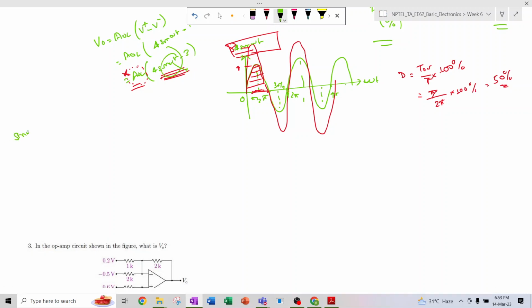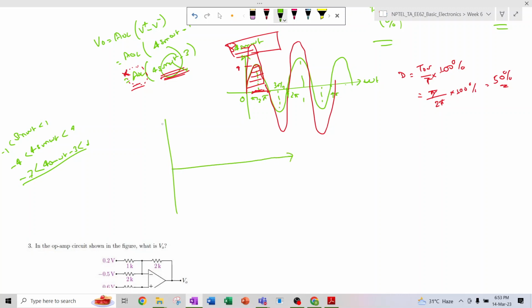So sine omega t can go from minus 1 to 1. So 4 sine omega t can go from minus 4 to 4. And if you consider 4 sine omega t minus 3, it can go from minus 7 to minus 1, right? Minus 3 on both sides, so minus 7 to minus 1. So that means